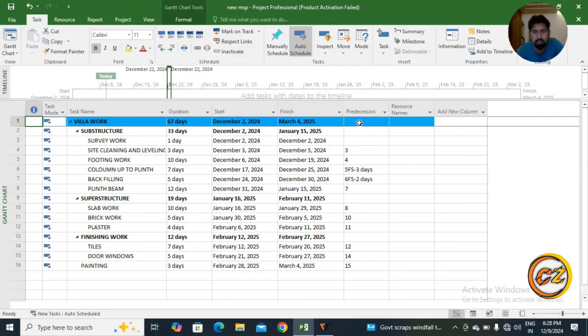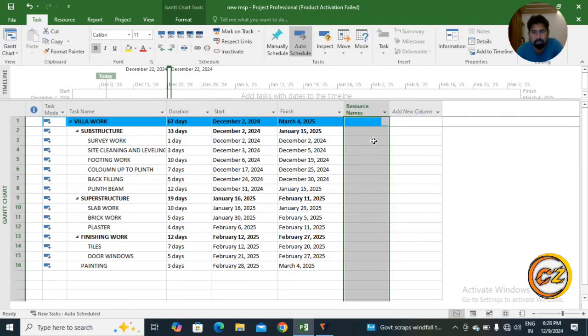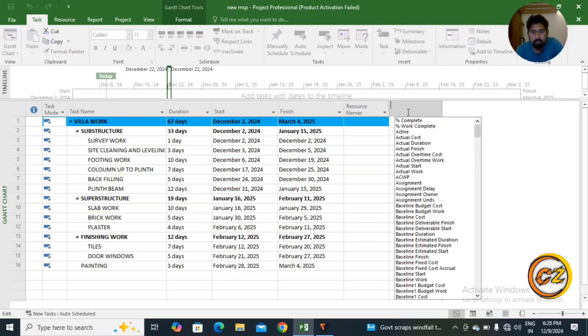I think predecessor is not required in that column, so now I'm going to hide this column. If you want to add a column, you can click and insert column. Otherwise, if you want to hide, you can click on hide column. Now I am going to add something. You can see some important columns. Already we have mentioned duration, start, finish. Now I'm going to add columns like baseline start. You can see here baseline start,